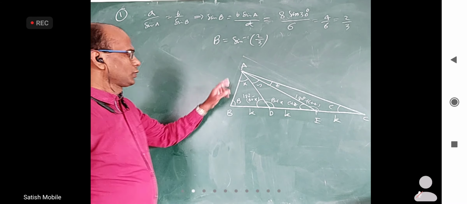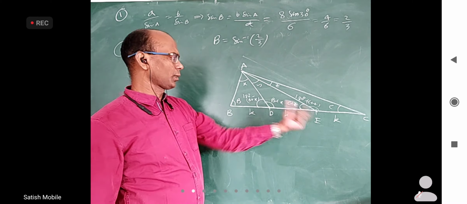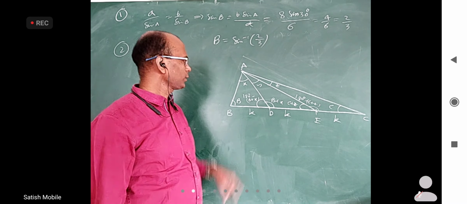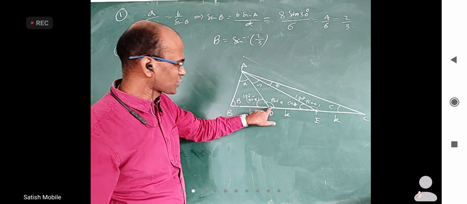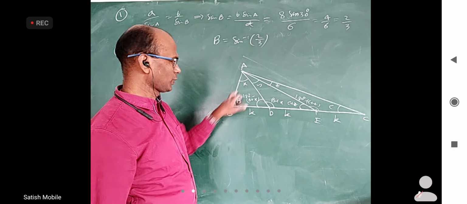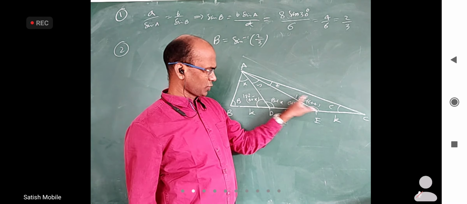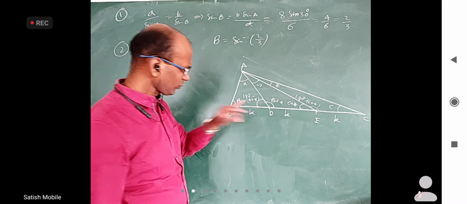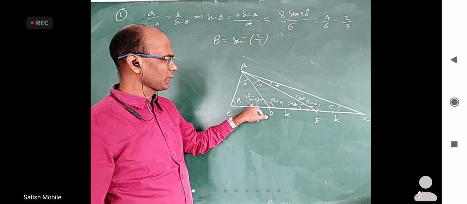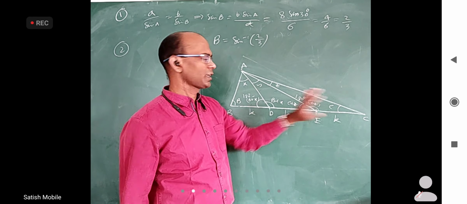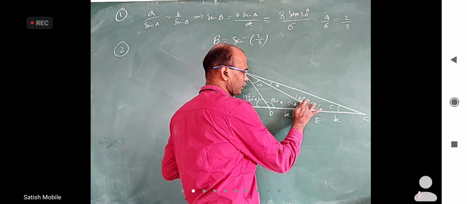Okay. So this is BC, three equal parts we made. This is K, I'm taking. This is X, Y, Z. This is B. This is exterior angle for this triangle. So this is equal to B plus X. This is exterior angle for this triangle. So C plus Z. If this is B plus X, this is 180 minus B plus X. And if this is C plus Z, this is 180 minus C plus Z.